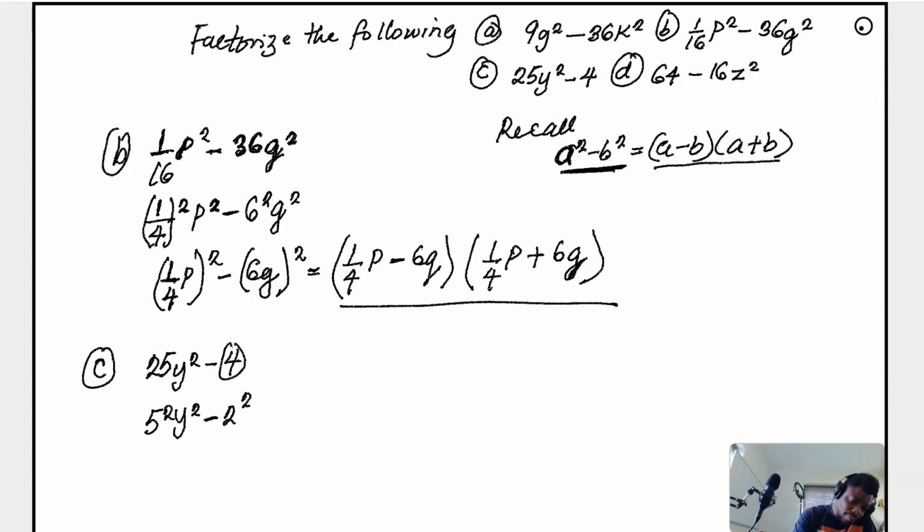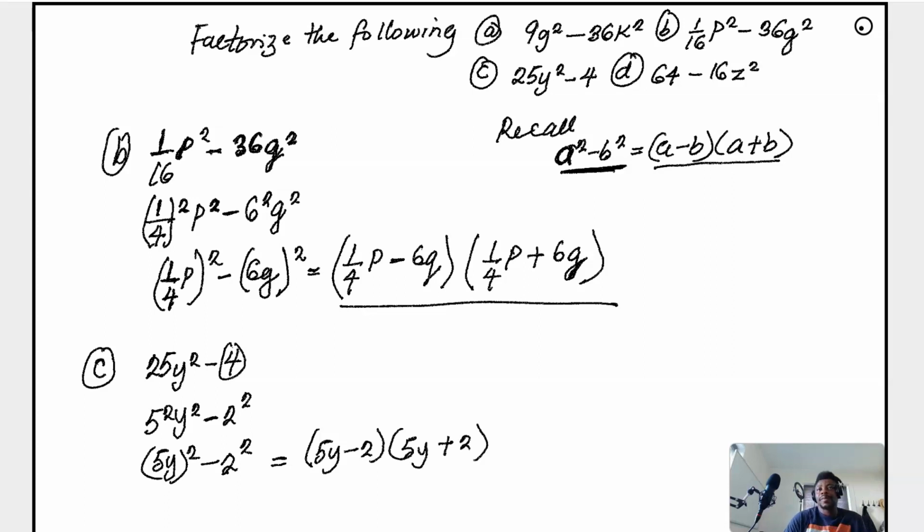So your a squared minus b squared, I can say this is 5y all squared minus 2 squared. So your a here is 5y and your b here is 2. You can see that. So expressing this one will give us 5y minus 2 and 5y plus 2. Easy. Now D,